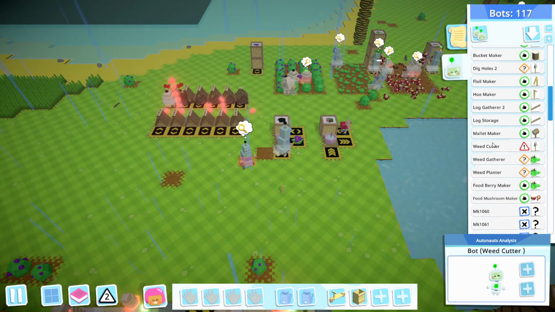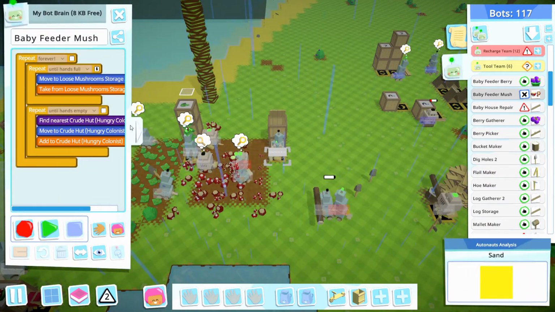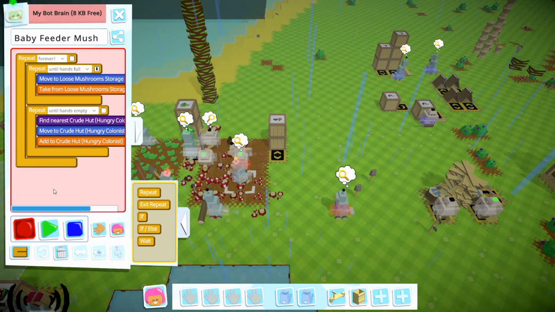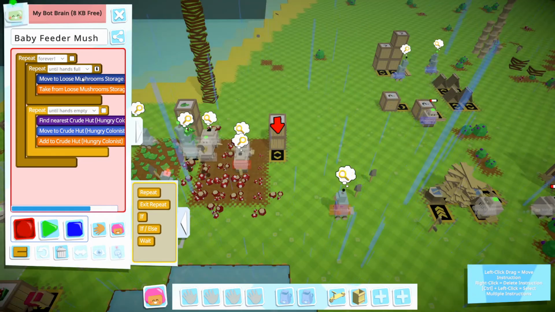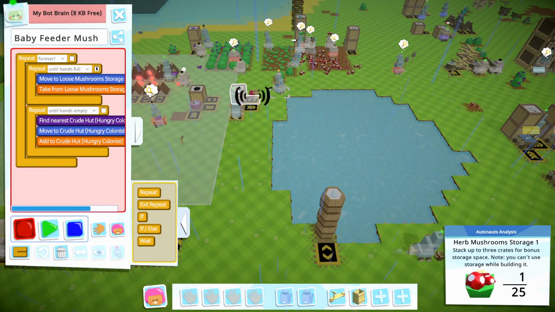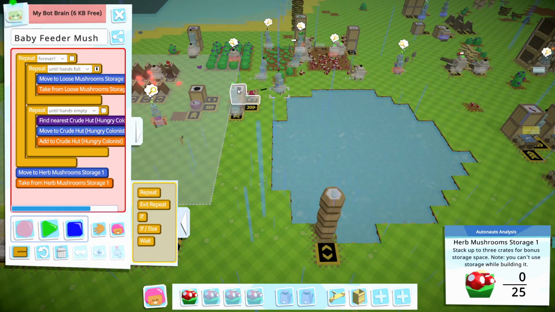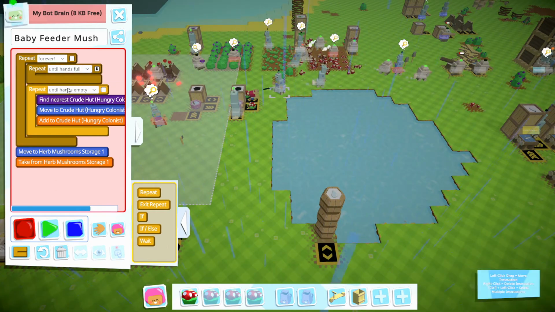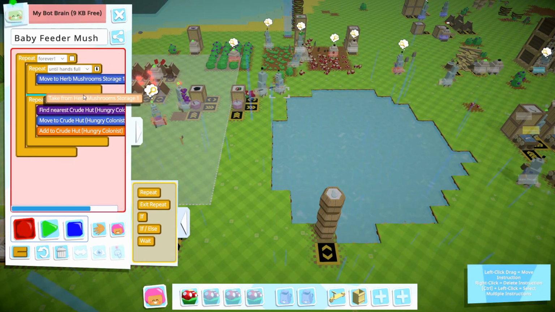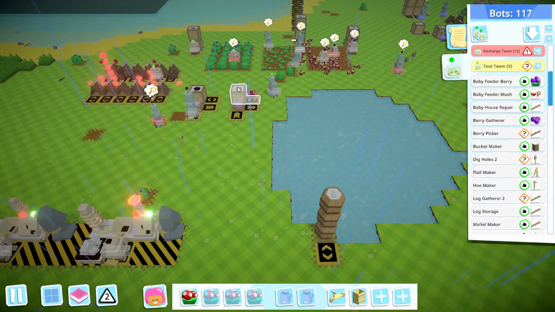So, what we then need is baby feeder mushrooms. We need to go ahead and have you come down here and pick this up. And we'll delete that, move these right in here, and that should be it. That should be all you need. However,